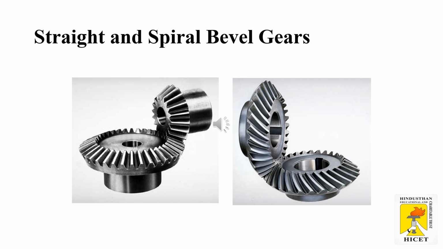There are two types of bevel gears: straight bevel gears and spiral bevel gears. If the teeth on the bevel gears are parallel to the lines generating the pitch cone, they are called straight bevel gears, as shown in the first figure. Usually straight bevel gears are used to connect shafts at right angles and run at low speeds.